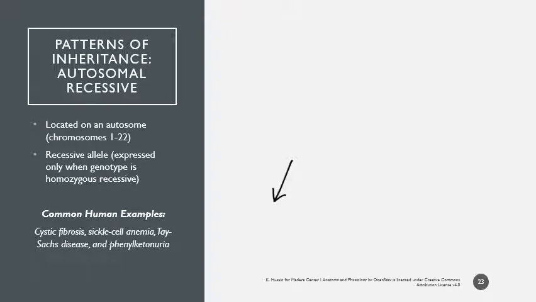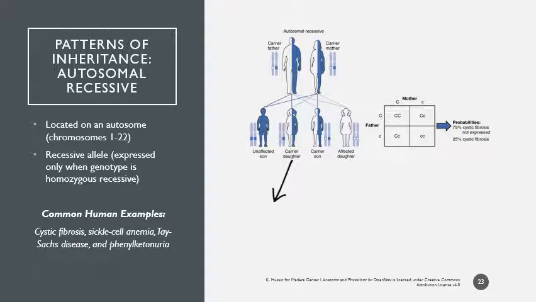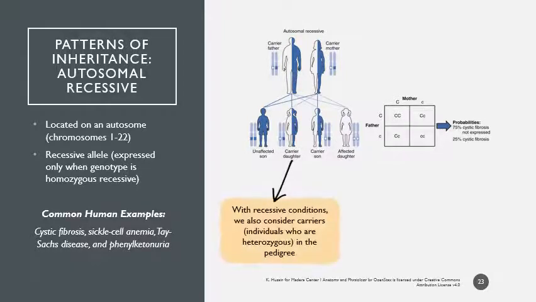For autosomal recessive, and sorry, I forgot to animate that arrow correctly, but this is also located on an autosome, but in this situation, it's coded for by a recessive allele. So you only see it when the genotype is homozygous recessive. So if we look at this pedigree that tracks different biological sexes, and in this case, it's showing us the genotype as well as the phenotype. So in this example, we also have to take into consideration carriers. If an individual is heterozygous, then they only have,